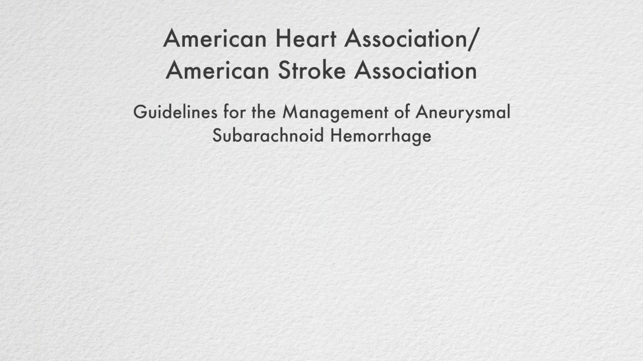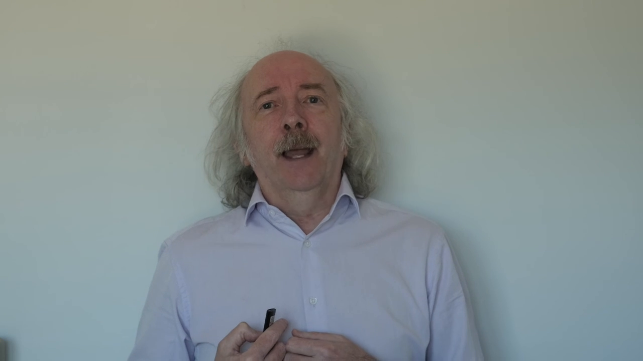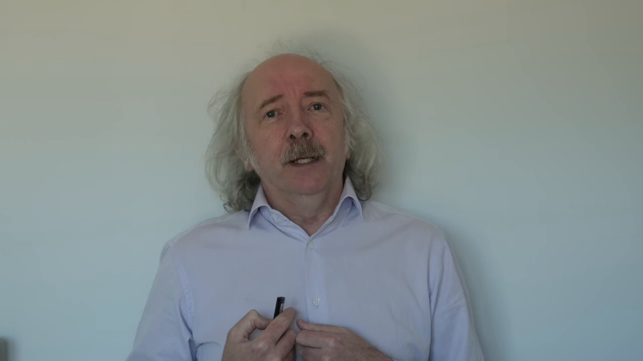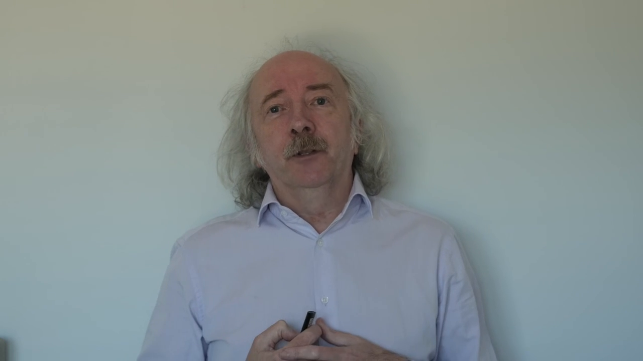What about guidelines? Well, in 2012, the American Heart Association and American Stroke Association issued joint guidelines in which they said for patients with ruptured aneurysms judged to be technically amenable to both endovascular coiling and neurosurgical clipping, endovascular coiling should be considered. That you should go down the coiling route. That should be the beginning plan. That should be the first thing you should be thinking of rather than clipping. And earlier this year, February 2021,